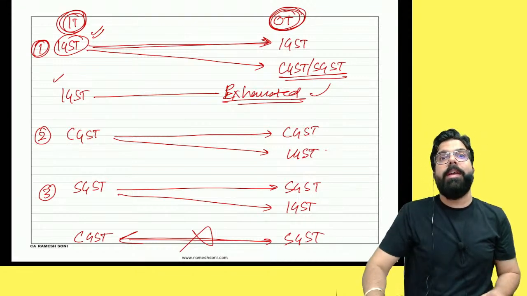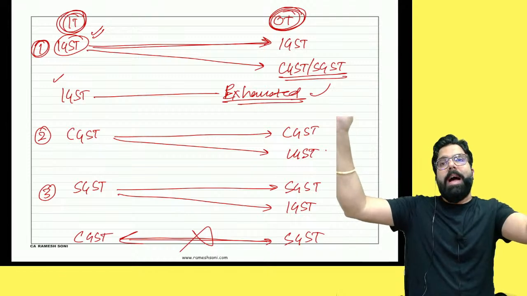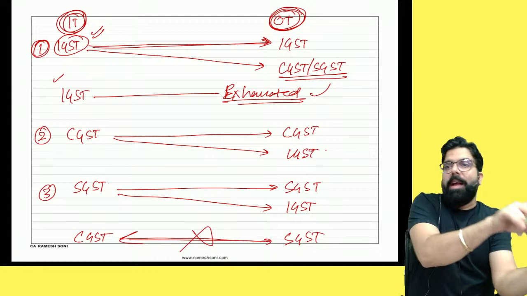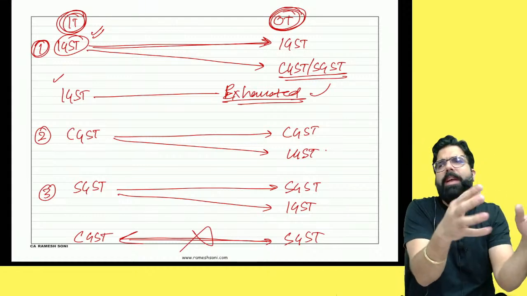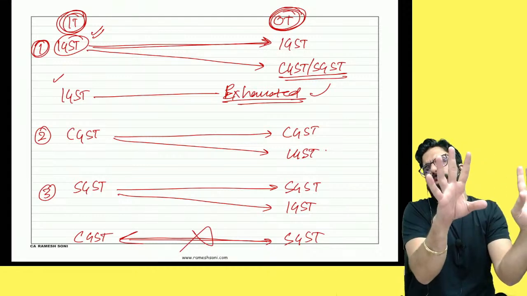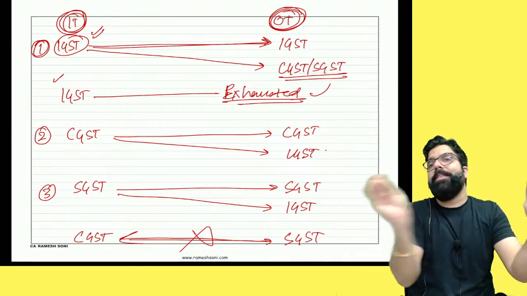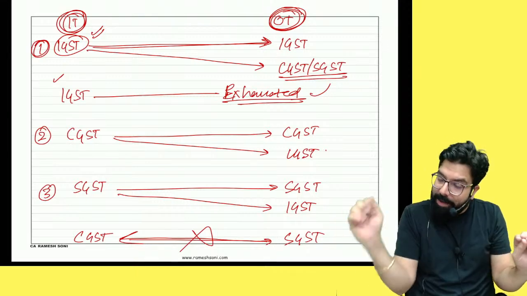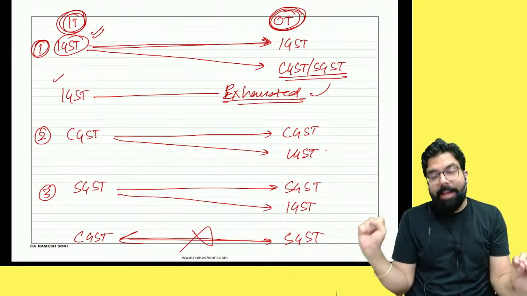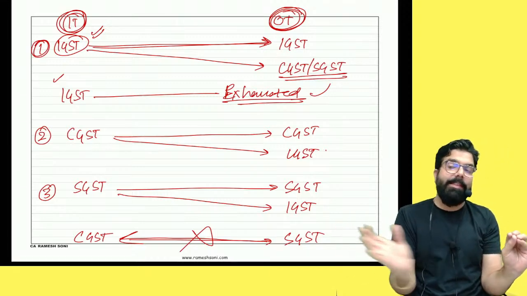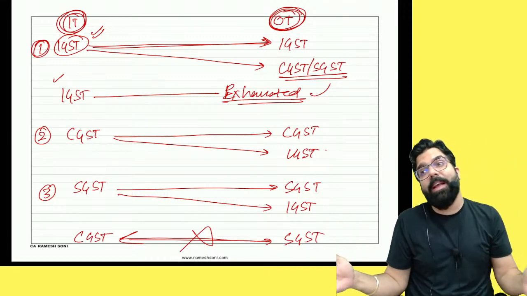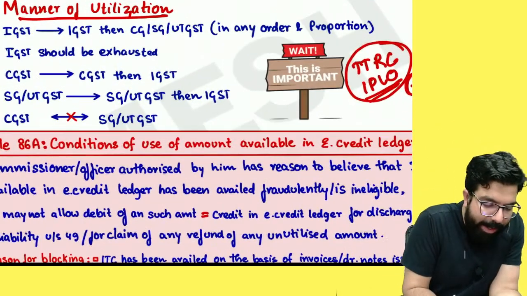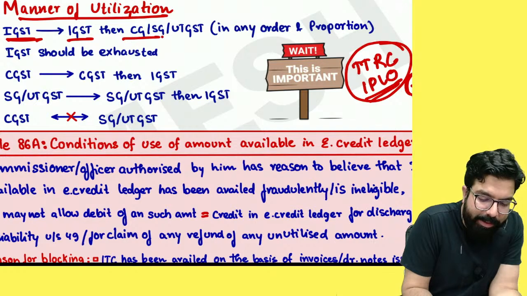Done everyone? Can you tell me what will you use first? IGST should be used for IGST. Then IGST will be used for CGST or SGST in how much? 50-50, 40-60, however you want to use, you use it. Then IGST should be completely used. Then you will use CGST for CGST and then CGST for IGST. Then SGST for SGST and then SGST for IGST. C to S and S to C? Never possible. The same thing I have told over here, that use IGST for IGST, then IGST for CGST or